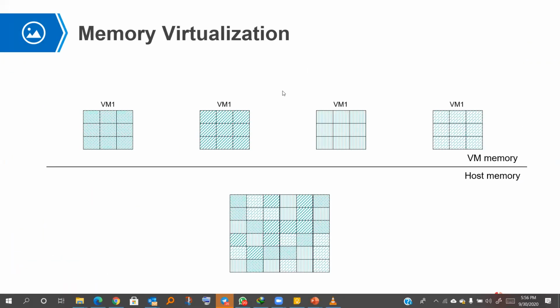So let us look at memory virtualization. Memory virtualization is also an important type of compute virtualization besides CPU virtualization. We all know what we use memory for. In this case, are we looking at volatile memory or non-volatile memory? Can we get a volunteer to answer that? Volatile memory. We're looking at volatile memory.